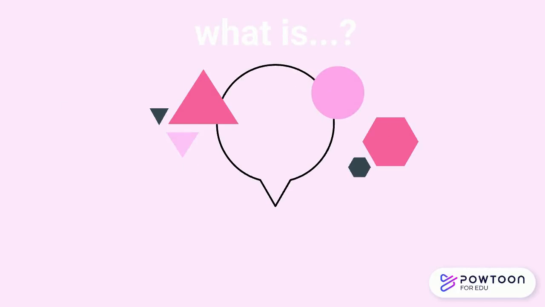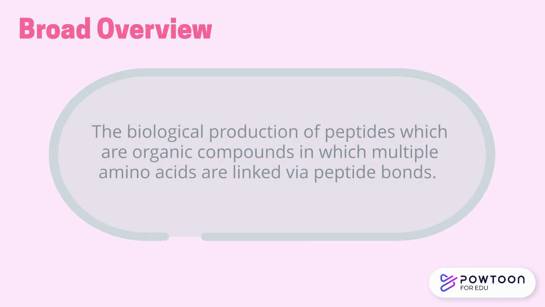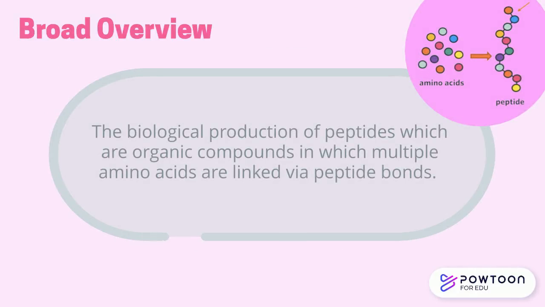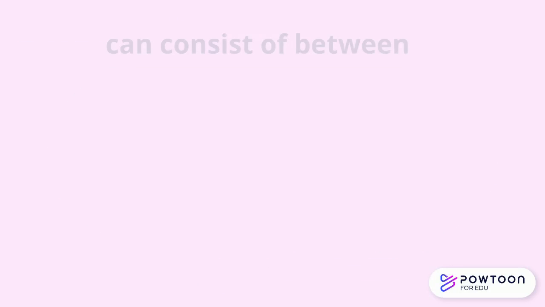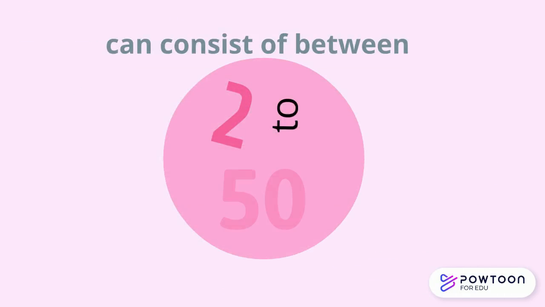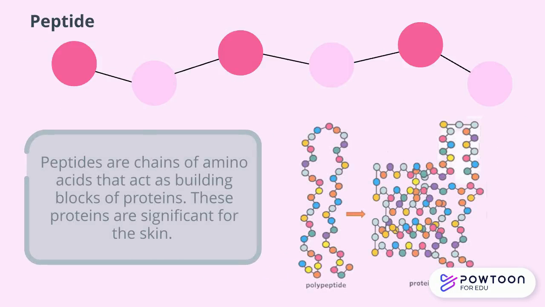What is polypeptide synthesis? Polypeptide synthesis is the process of biological production of peptides, which are organic compounds in which multiple amino acids are linked via peptide bonds. These peptides can consist of between 2 to 50 amino acids. Peptides are short chains of amino acids connected covalently by peptide bonds that act as building blocks of essential proteins